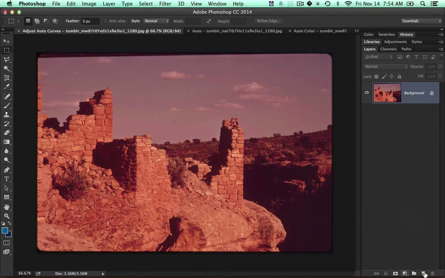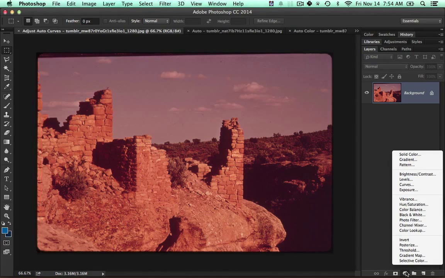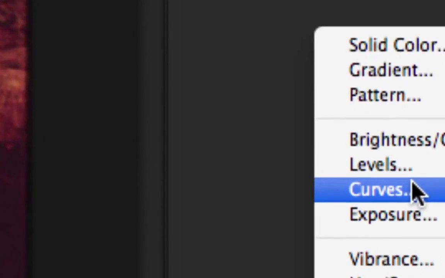So right down here. And it's this little button that looks like one of those cookies that's chocolate on one side, and I don't know. It's that icon down there. You can see it. It's a New York black and white cookie. That's the one. I'm hungry. So the thing that we're going to be using the majority of the time is something called curves,